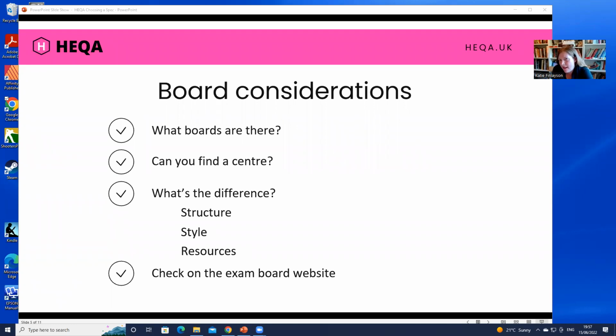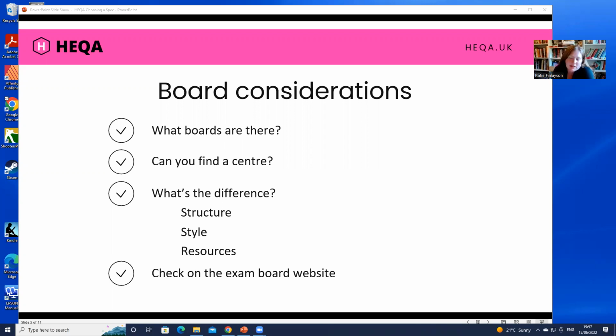These days, there are fewer exam centres around that have the Cambridge board to allow them to sit those international GCSEs. There are certainly still centres that do that. So this is where it gets down to what's available in your local area. If you know that there's an exam centre, which could be a school, it could be a private centre, it could be a tutorial centre,